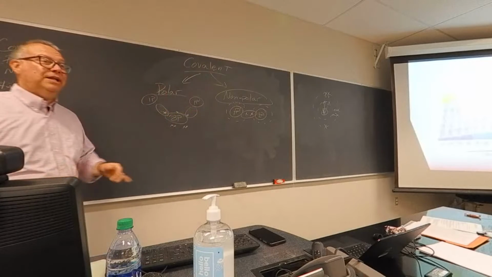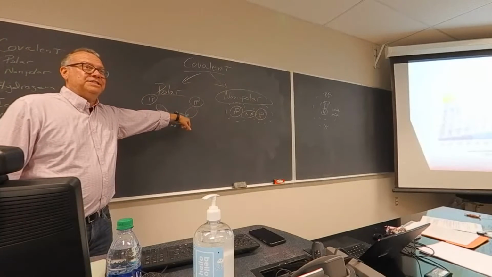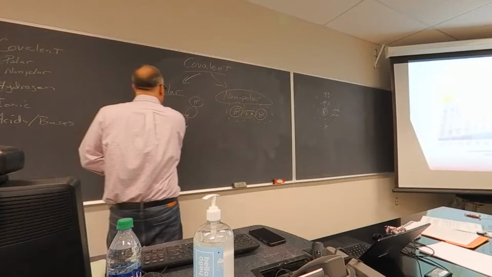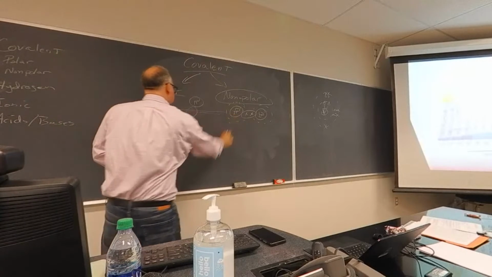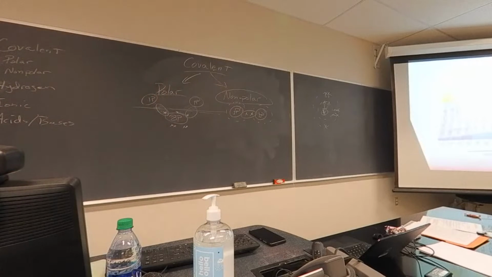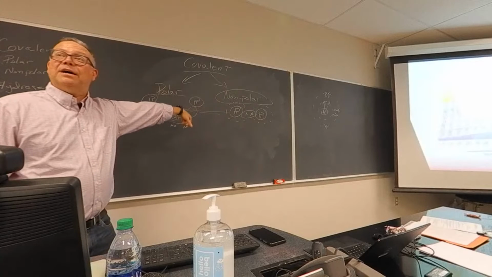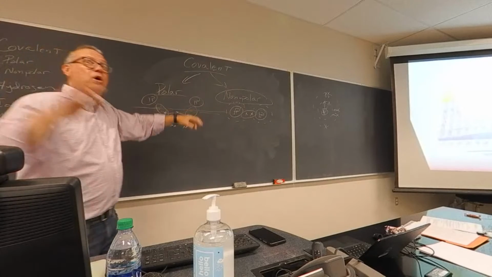Those electrons are really getting pulled in to the oxygen side of that covalent bond. So it's not equal sharing on the covalent bond. More often than not, the shared electrons are being pulled into the oxygen side because it's more